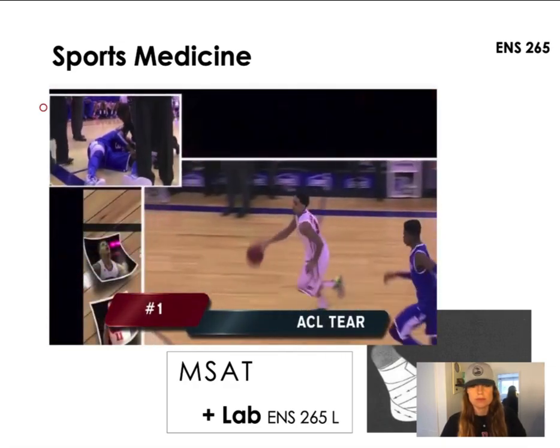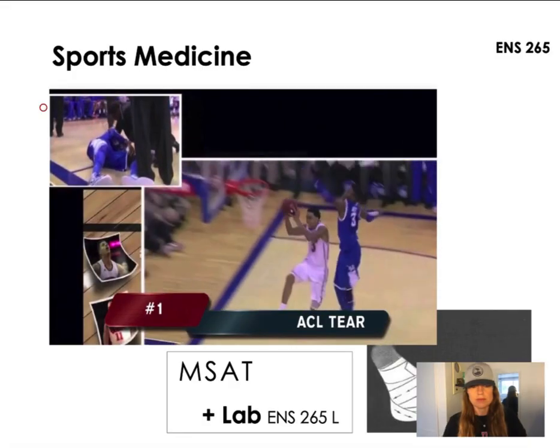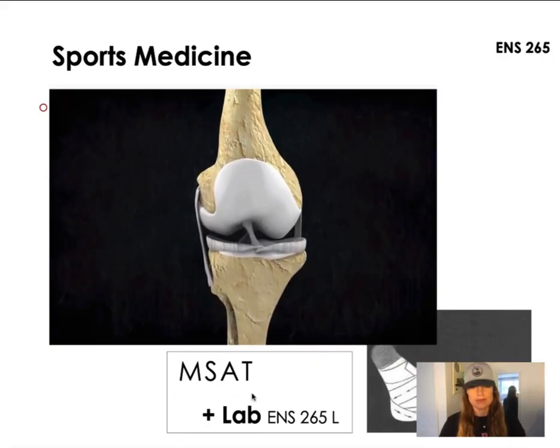ACL tear. Here's Rosario on the break now, and watch. Nerlens goes up with a left hand, blocks the shot, and then on landing, there came